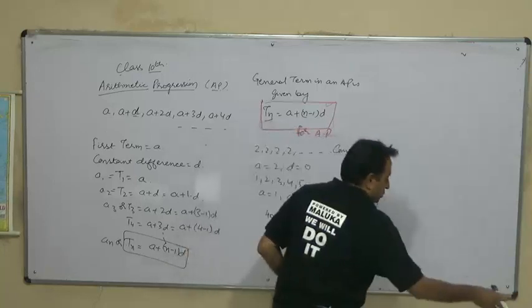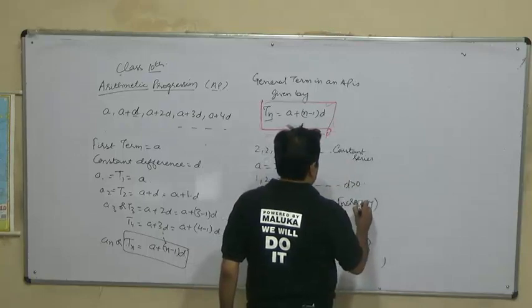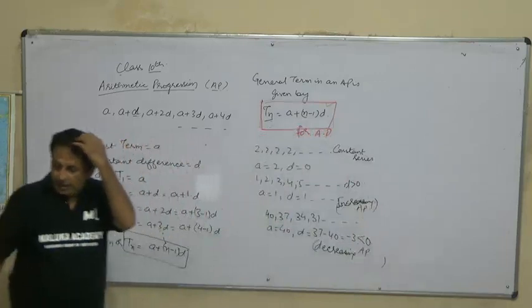If the value of d is positive, the series is an increasing AP. Okay. Then next is,